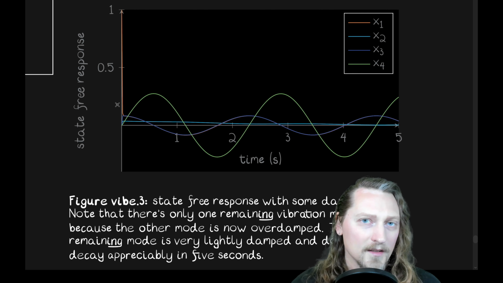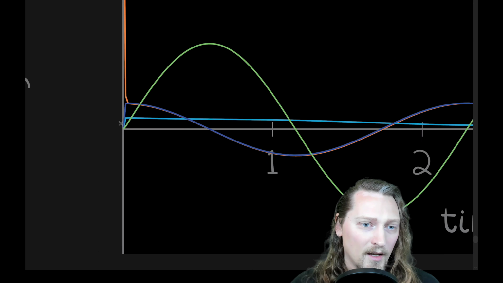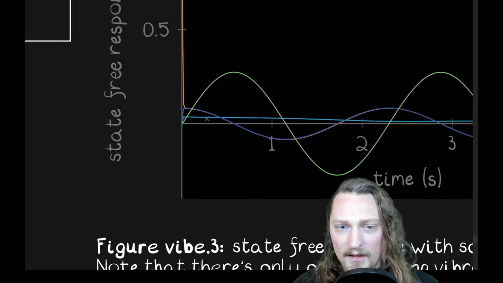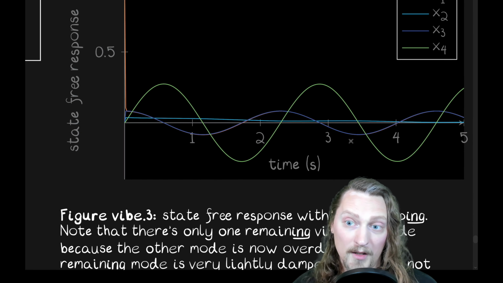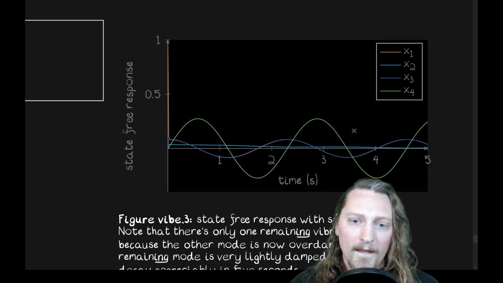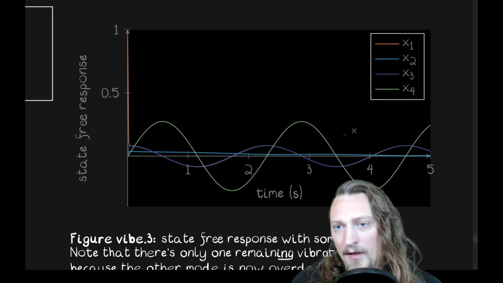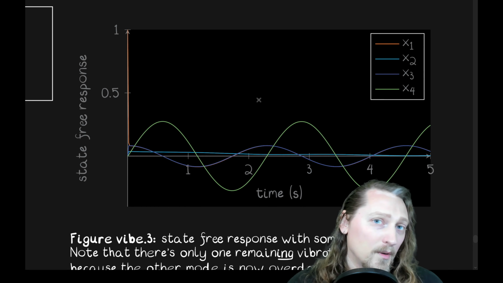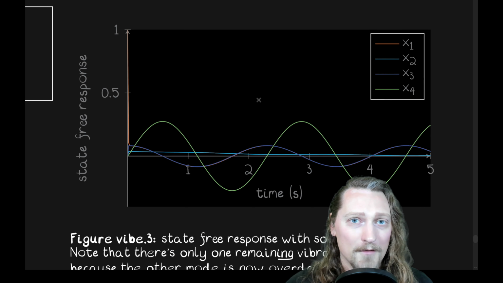All of these are oscillating except for x2, which after it comes up here, doesn't seem to oscillate. It just seems to decay very, very slowly from a small number. It is possible that it's oscillating, but it does not appear to be oscillating at this frequency, and we would expect it to be at that frequency